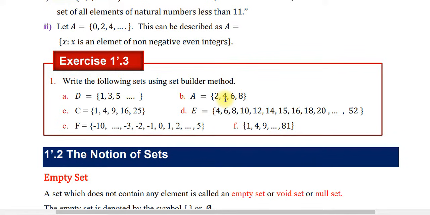The set containing x such that x is an element of even natural number less than 8 or simply less than 9 ማለት እችላለሁ ማለት ነው።